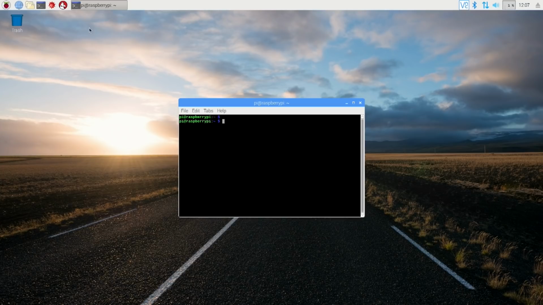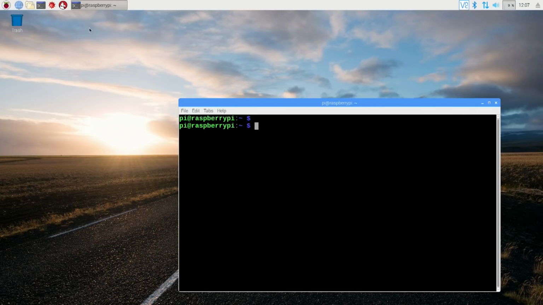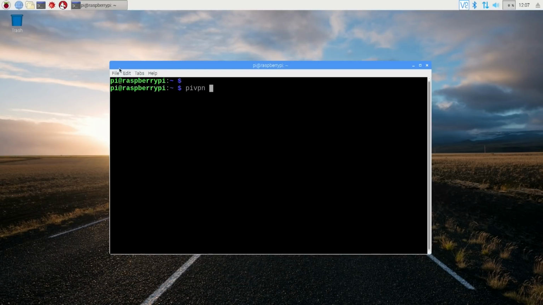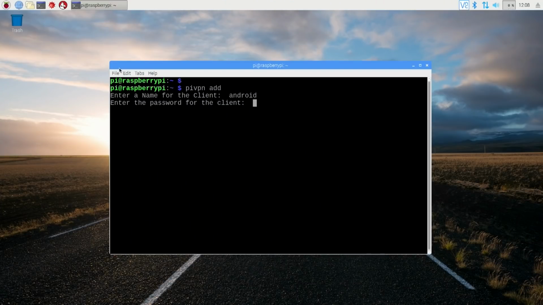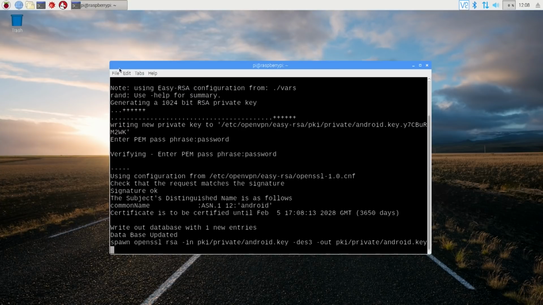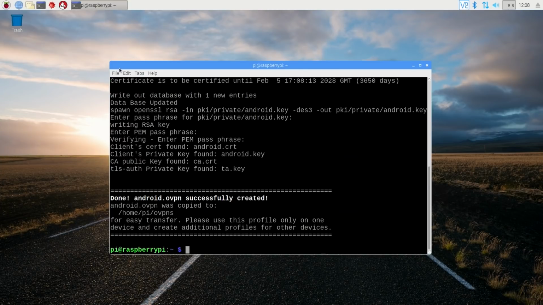What we're going to do, let me increase this, is PiVPN. Let me center this a little bit. Add, and here we're going to do a client name. Now the first test I'm going to be using is my Android phone, so I'm just going to name this Android. Password could be anything, but you're also going to need a profile key that it's going to generate. So I'm just going to put this as password, and here it's going to generate the key. And it's also going to put it in a folder called ovpns. So I'm just going to go to cd